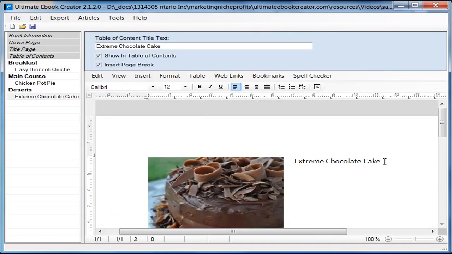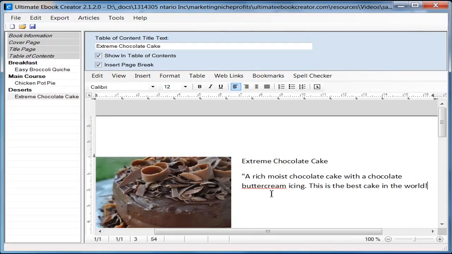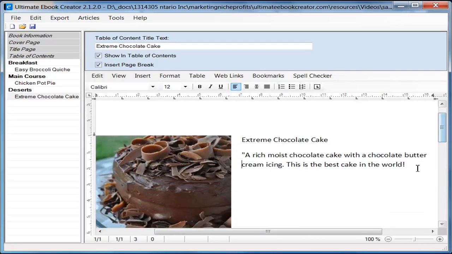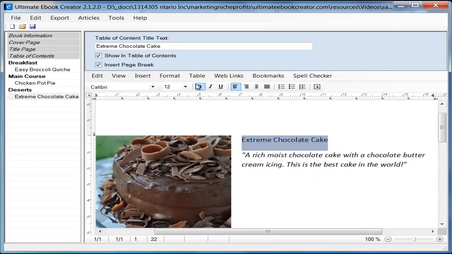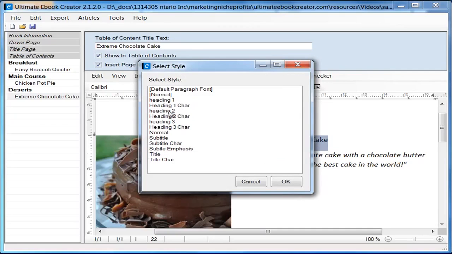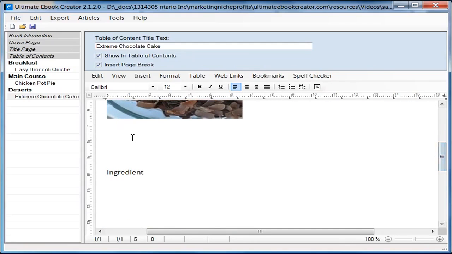So I'll come back up here and then I'll just put in a couple of lines, and then I'm going to say unformatted, so we'll see this come up here, buttercream, and we can highlight this and we can make it italic. We're going to leave this as Calibri this time. Okay, so format here, set style, heading 2. Okay, so that's done. See, that looks pretty decent. And now here I'm just going to put in the